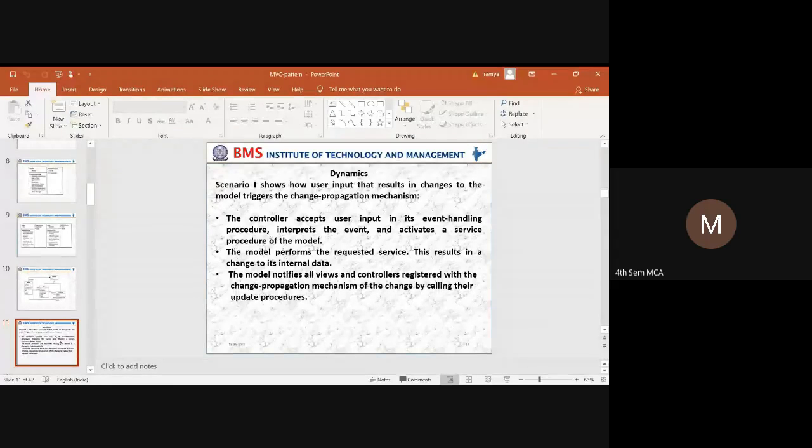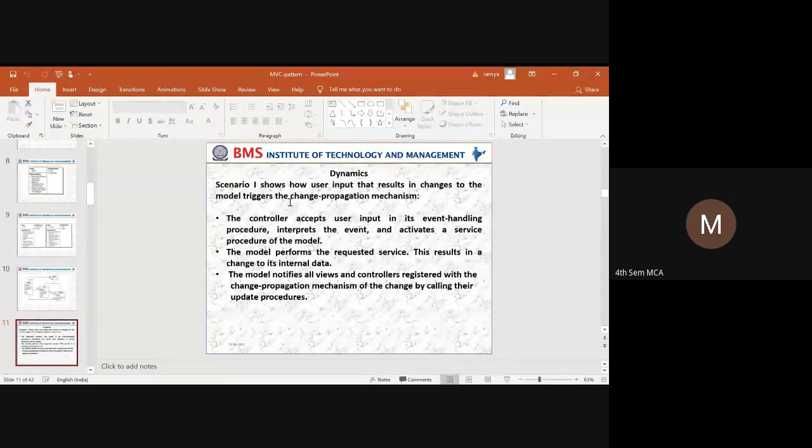Those changes are considered as the dynamics of a pattern. So in the MVC pattern, we are going to consider two dynamic scenarios to represent the changes.